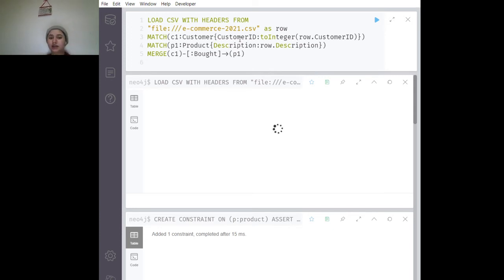So, in this relationship, customer to product, I've used customer ID and product description, and then I'm merging both of them with C1 bot P1. Bot is the name of my relationship. Meanwhile, this relationship is being created, I would like to discuss the